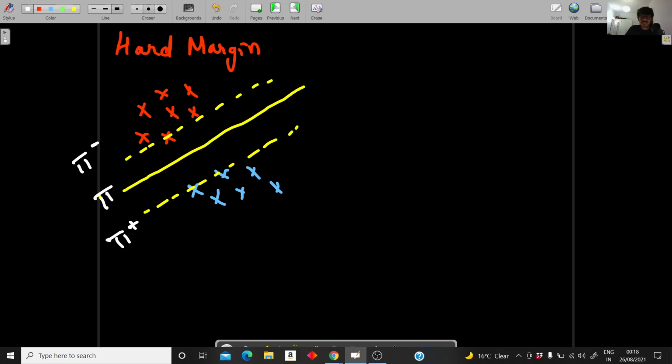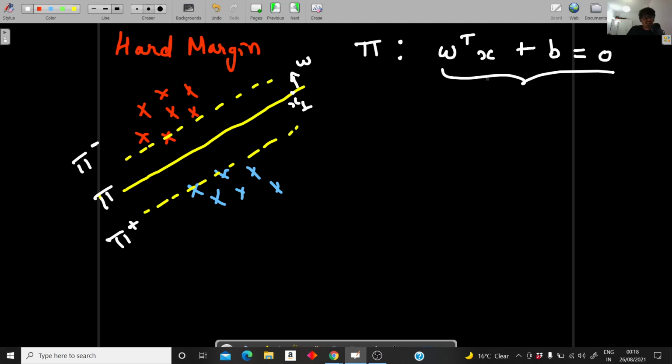Firstly, before framing the problem, some of you might not know the equation of a hyperplane. So let me write a generalized equation of the hyperplane, and let me derive how I wrote it for those who don't know this. The hyperplane equation is given by W transpose x plus b equals 0. Let's say this is the plane pi. W will be perpendicular to this plane. For any point x on this hyperplane, W is always perpendicular to it. So let's take a small detour and see how this is written, and I'll be back on this slide again.